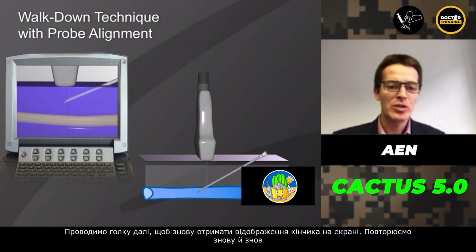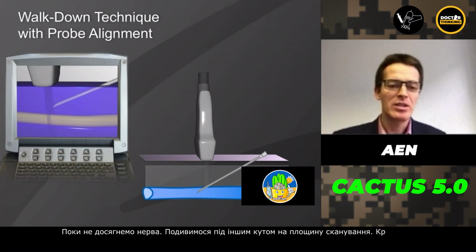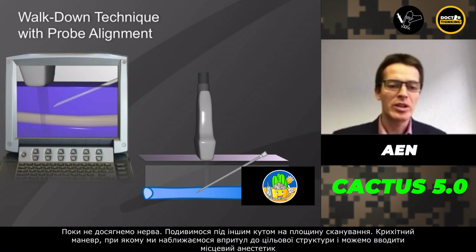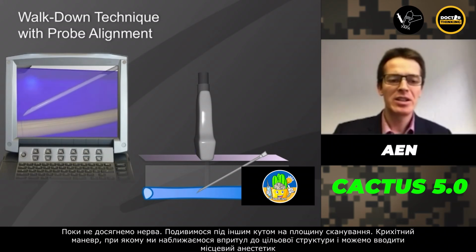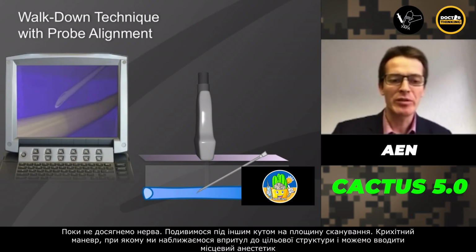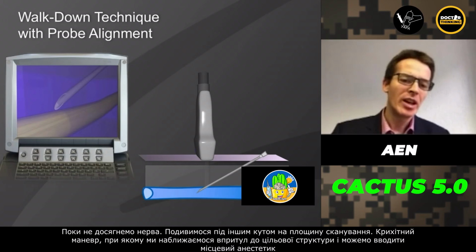We insert the needle again to get another needle tip reflex on the ultrasound screen, and we do this again and again until we approach the nerve. And now we look from a different angle at the scanning plane. Tiny little maneuvers once we get very close to the target structure, and now we can inject the local